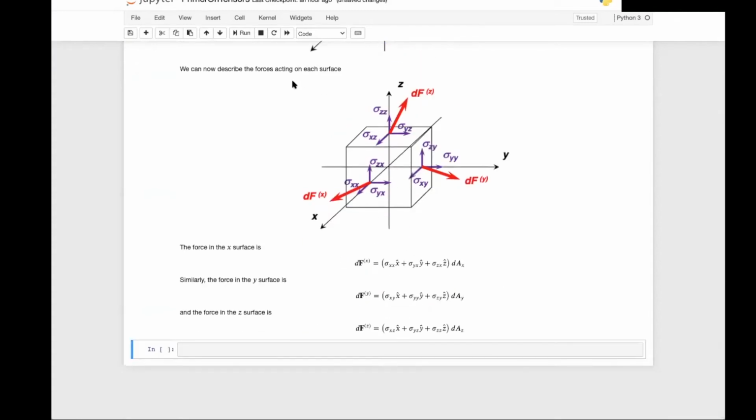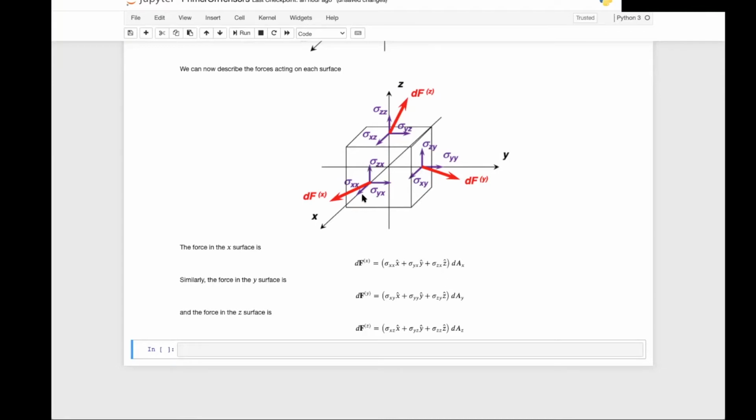We can now describe the forces acting on each surface. We have that the force on the x surface, which is given by this vector here, df superscript x, is the combination of the three stresses on the x surface, sigma xx plus sigma yx plus sigma zx. Notice that this is a vector, so this x superscript here does not mean that this is the x component of a force. This is the total force on the x surface. And this has components in the x, the y, and the z direction given by the magnitude of the stresses